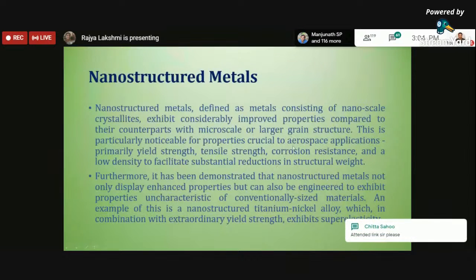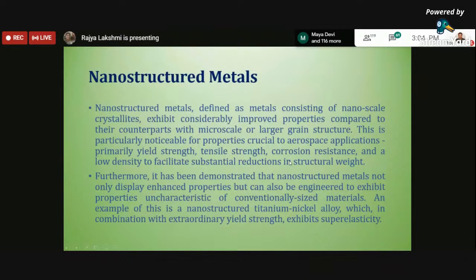Another important thing is corrosion resistance. When the flight is flying in the air, there will be a lot of environmental impacts. So how to protect the external surfaces, and of course the internal surfaces too, from the impact of various environmental factors in terms of corrosion? Nanotechnology, or nano coatings, are helping to protect various parts of aircraft, especially from corrosion.